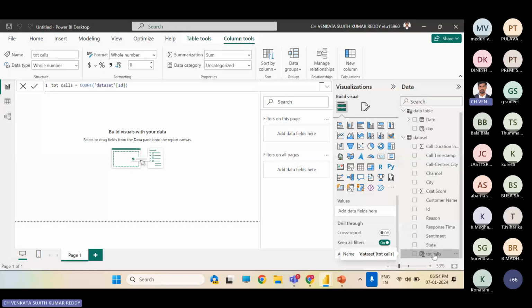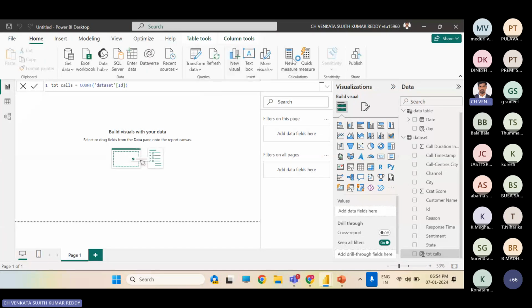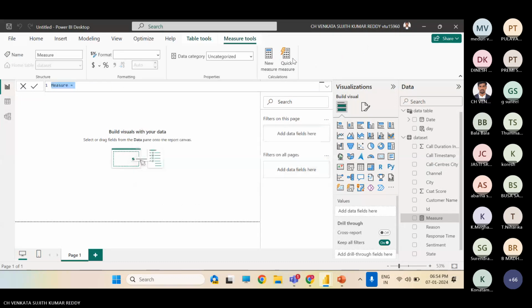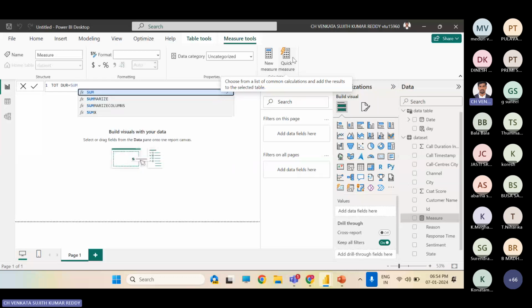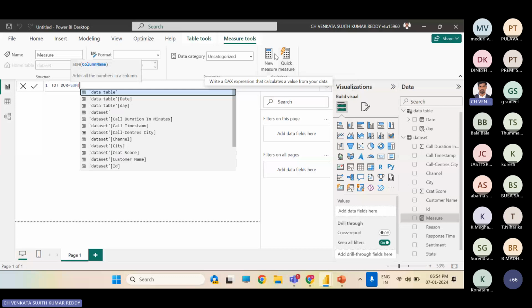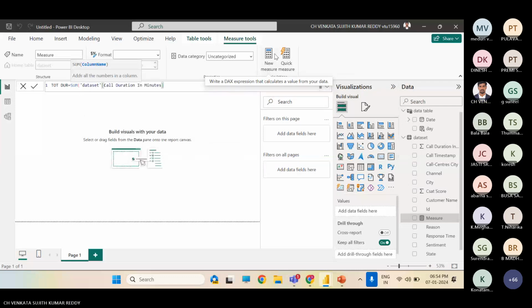It is a way of creating effective columns without creating any physical column. Got it, right? Again, I need to create one more measure: total duration, which is the sum of call duration in minutes.